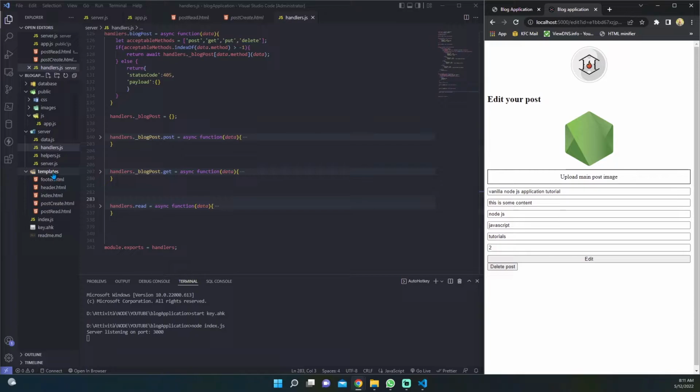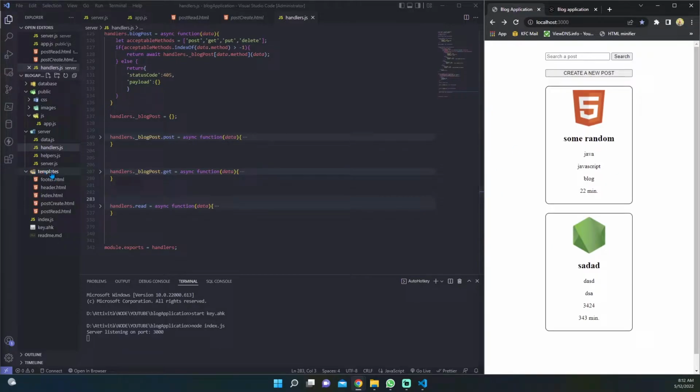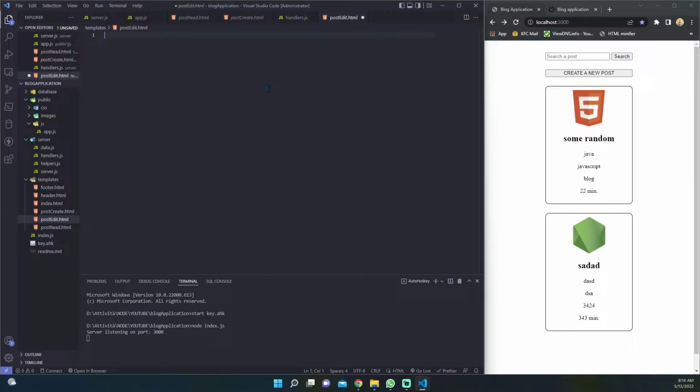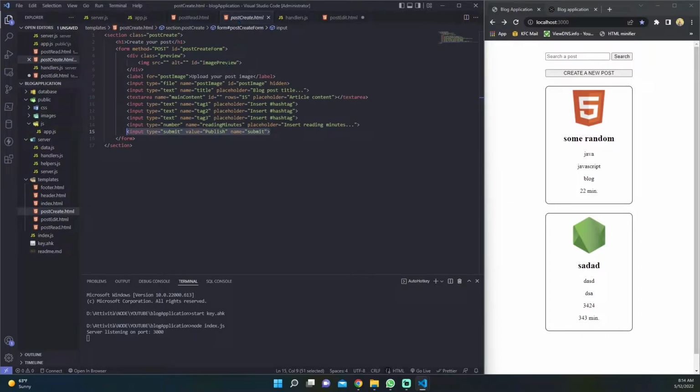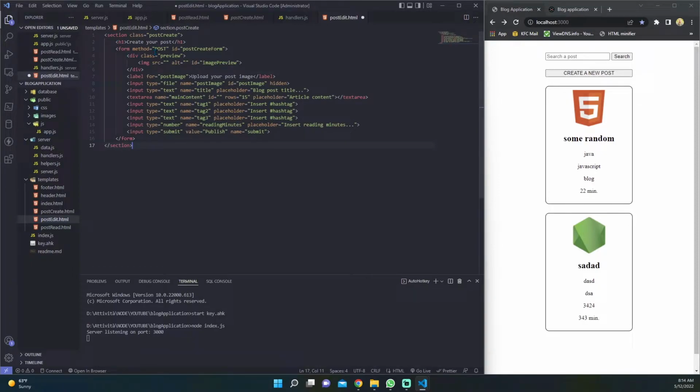So let's go in our template folder, let's change here the browser tab, we want to see our application. Okay, here we have to create a new file and we can call it postedit.html. So let's start to create our HTML template. If you remember, we have already created our post create HTML template file. So here we have only to copy this markup and paste it inside our postedit.html, and we have to update